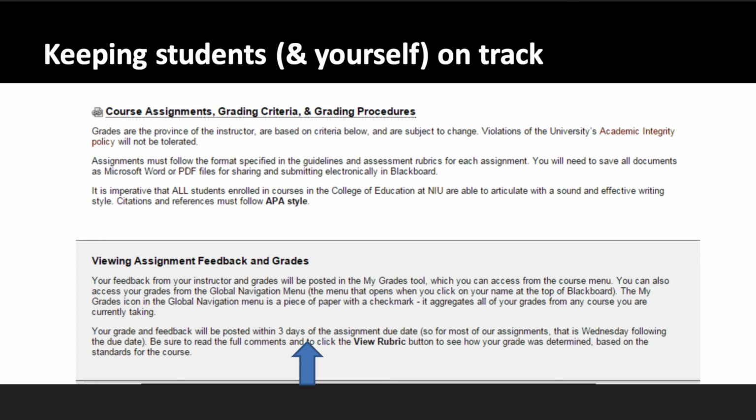And so here's a couple things that you can do to really help your students and yourself keep on track with things. First of all,